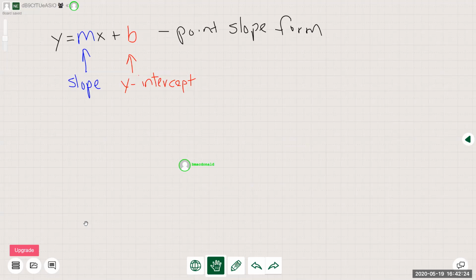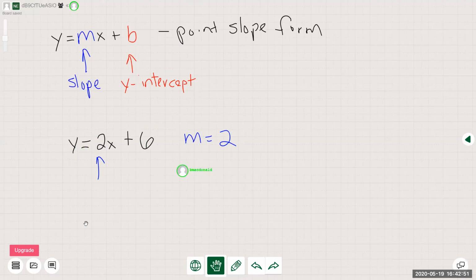So our first one we're going to look at is y equals 2x plus 6. So this is already in point slope form, and we can actually just identify the slope and the y-intercept from here. So slope is 2 because this is our slope,